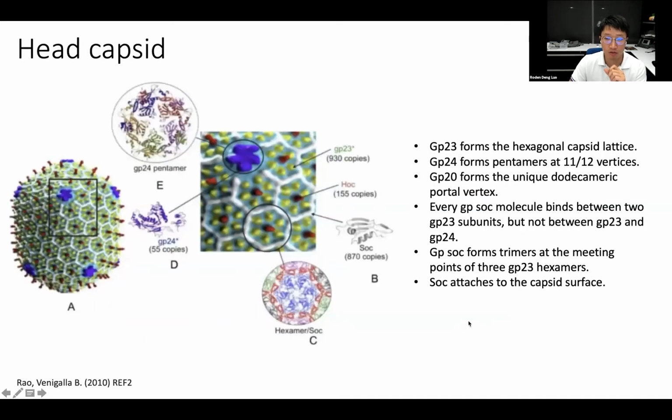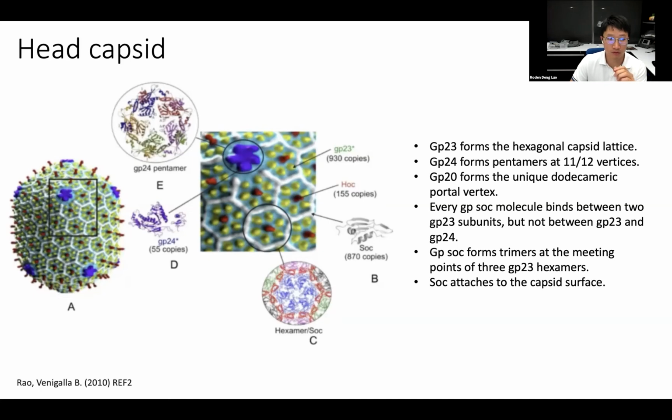This page shows the head capsid conformation. It is an elongated icosahedron. GP23, which means gene product 23, forms the hexagonal capsid lattice, which is this yellow greenish protein. And GP24 forms pentamers at 11 out of 12 of the vertices of the icosahedron, while GP20 forms the unique